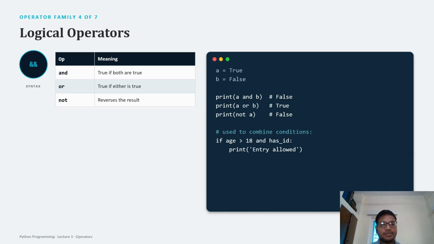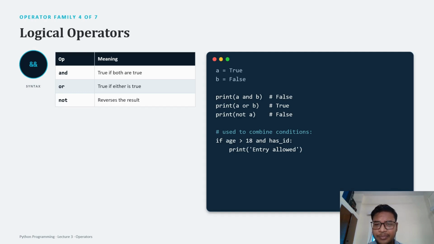Our fourth family of operators are logical operators. That's the meaning, what? We have three types of logical operators: and, or, and not. And gives us true if both are true. Okay, if both are true, it gives us true value. Or means what? It gives true if either is true. And next is not, that reverses the result. Okay,